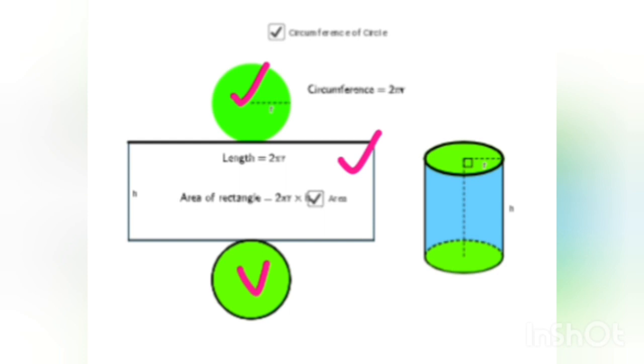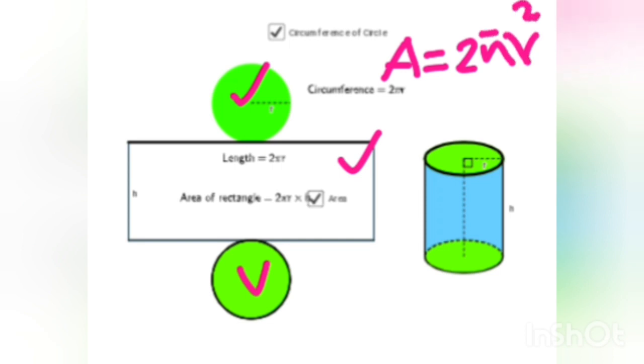Students, to find the area of these two circles, we have to apply the formula. Area of two circles means area is equals to 2 pi r square. Because two circles are there, so each area will be pi r square. It means the area of these circular parts will be 2 pi r square. And the area of the rectangle will be L into B.